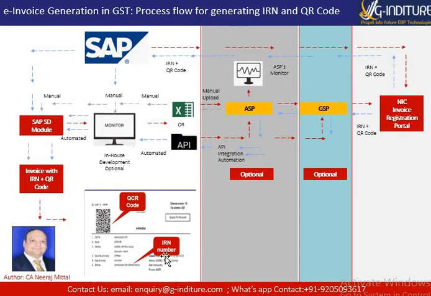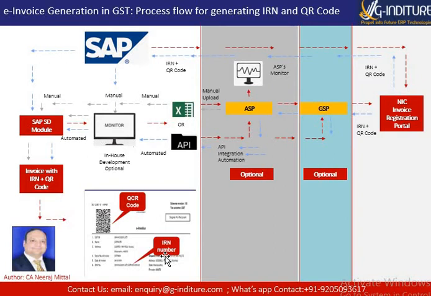So either you decide to go manually, or you may decide to integrate it completely end to end. Since these are invoices, if your business can wait for the invoice for batch processing, then it's better to go for manual. However, if you want your invoices to be printed quickly, for instance, if in just a fraction of a few seconds the IRN number and the QR code may come, in that case API would be a better option. So it depends on how much time interval you can afford in generating the invoices along with the IRN and QR code.